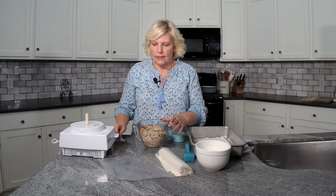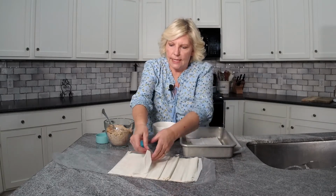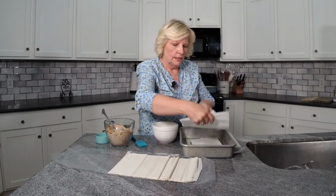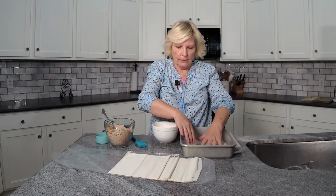And we're going to start layering. And it comes in a roll like this, and you cut off the end and you unroll it. And then you just carefully do one sheet at a time, and if it rips, it's no big deal. You can just put it back together. So you're going to put it in your pan, and